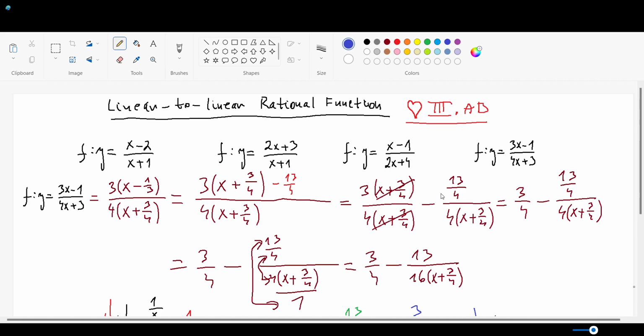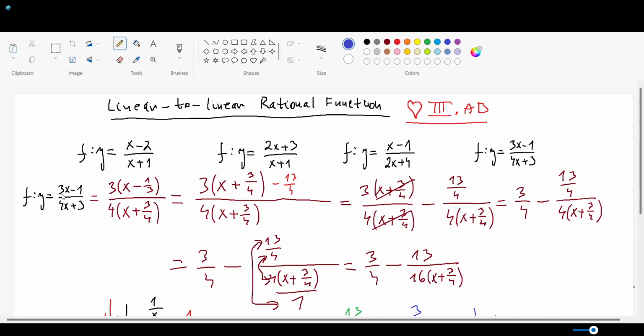My asymptotes are x equals negative 3/4, and my horizontal asymptote is y equals 3/4,